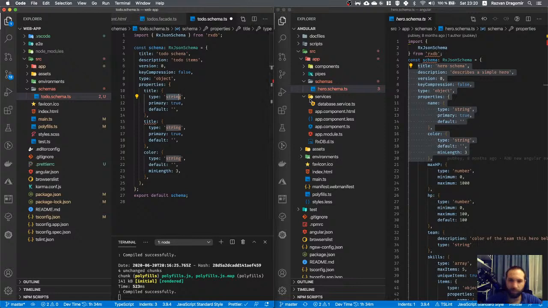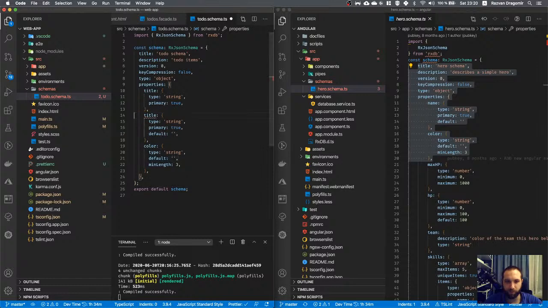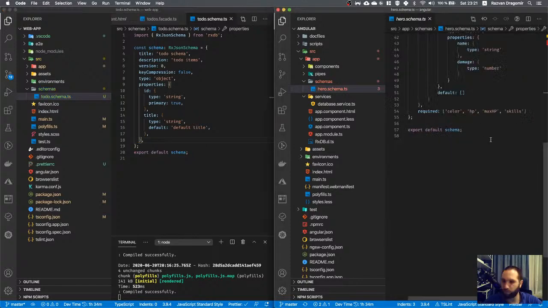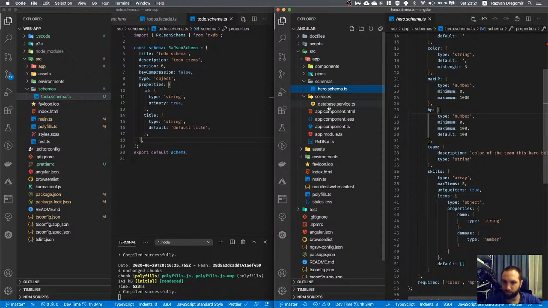Primary, yep, string, default, no default values, but you should not have default values, I believe. Do I have to? No. No default values. This is the ID. The title, string, no default. Color, let's leave it like that for now. So we have a schema, then